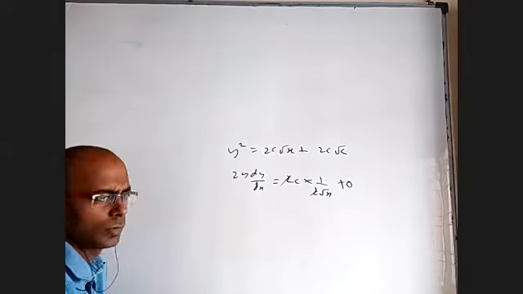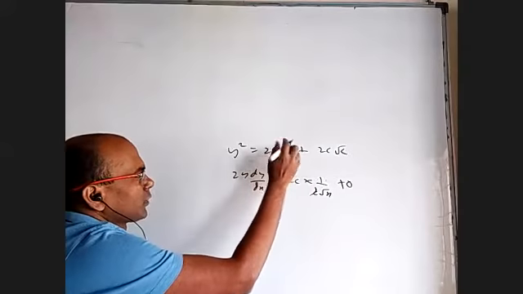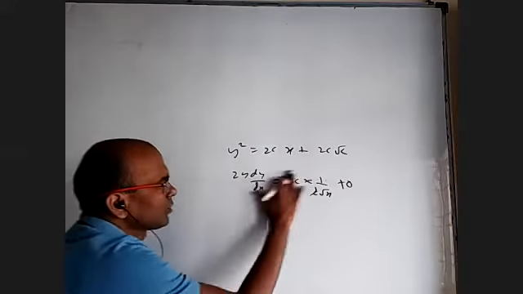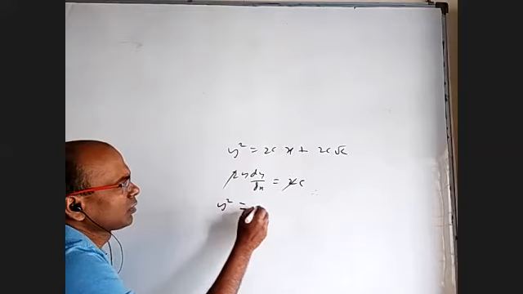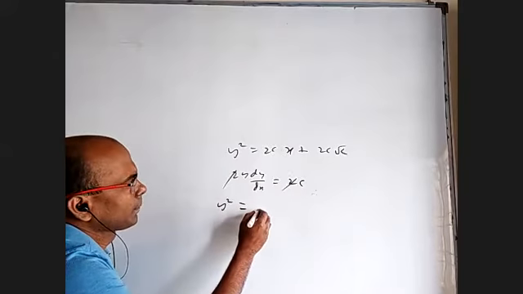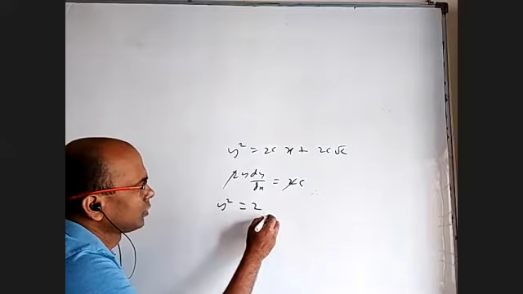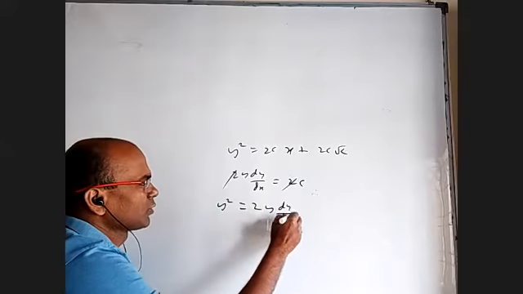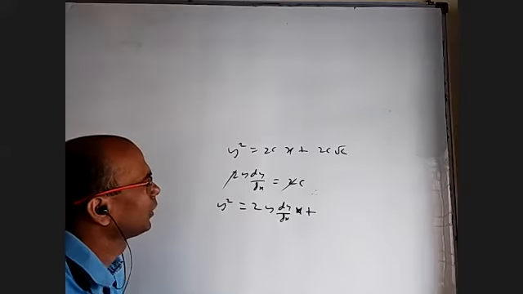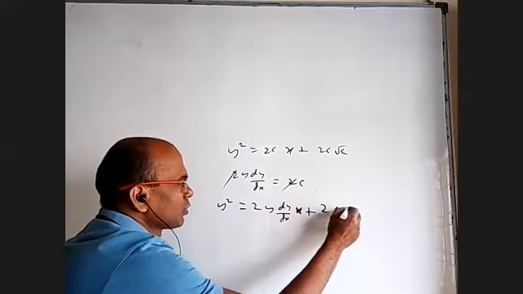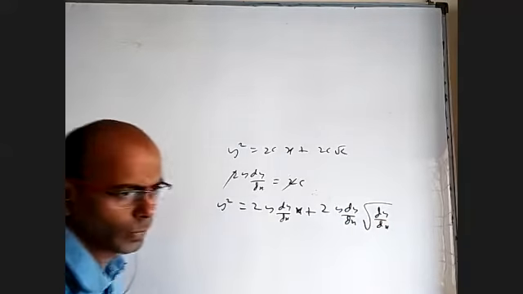Sir, in the question he gave only x, no, sir? Oh, it is only x, sorry, thank you. 2cx, okay, then it is simply 2c. And this will cancel. When you put it back, you'll get y square equal to 2cx, so 2y dy by dx into x plus regarding 2c root c, if I write, I'll get 2 into y dy by dx and square root of dy by dx, maybe into y.